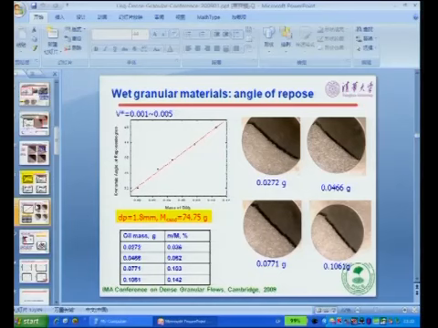Okay, you can see this. If you can see the oil, in fact, you can see it by eye, but its effect on the angle of repose is much higher, even though its volume is not much. It's only 0.0001. And it's hard to account for that linear behavior unless you include the effects of roughness.